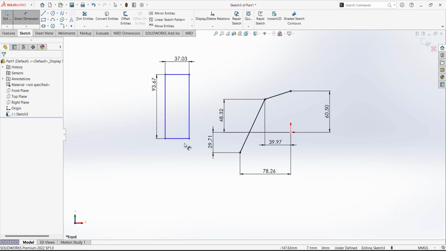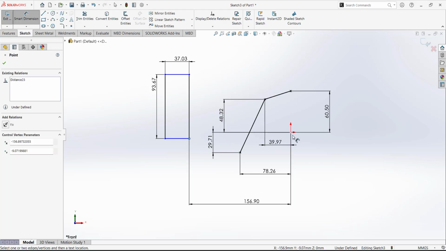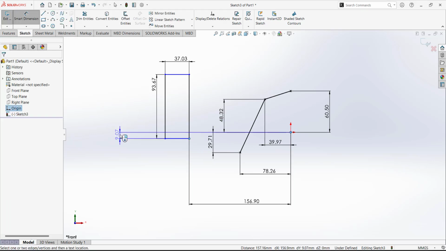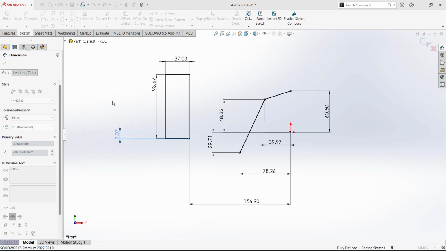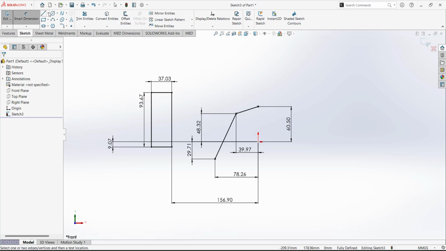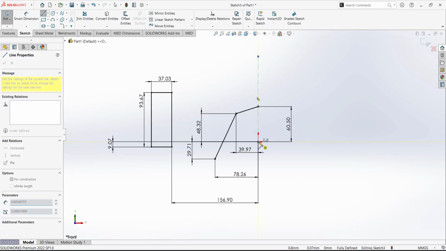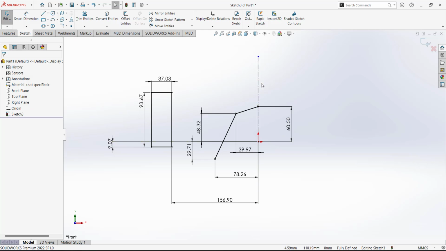So it is better to define the object than mirror. Put up the values from origin also to constrain the X and Y directions. After constraining the object, I require one line so as to say mirror against this line. So I'll make this line as a construction line